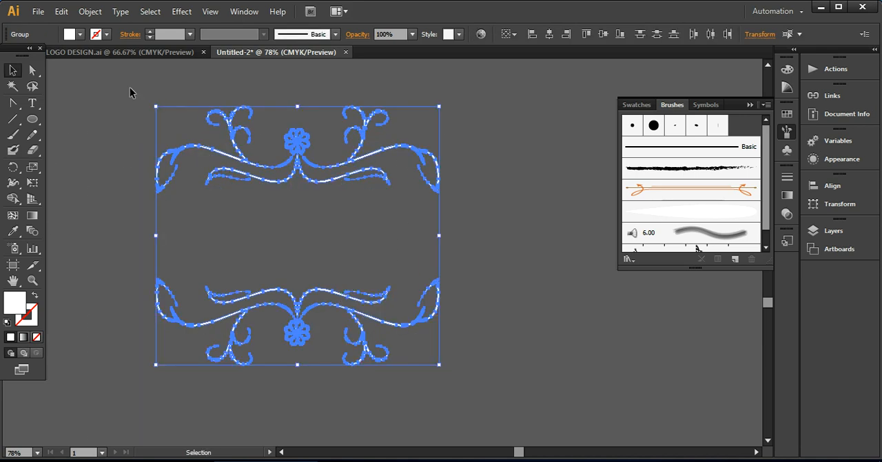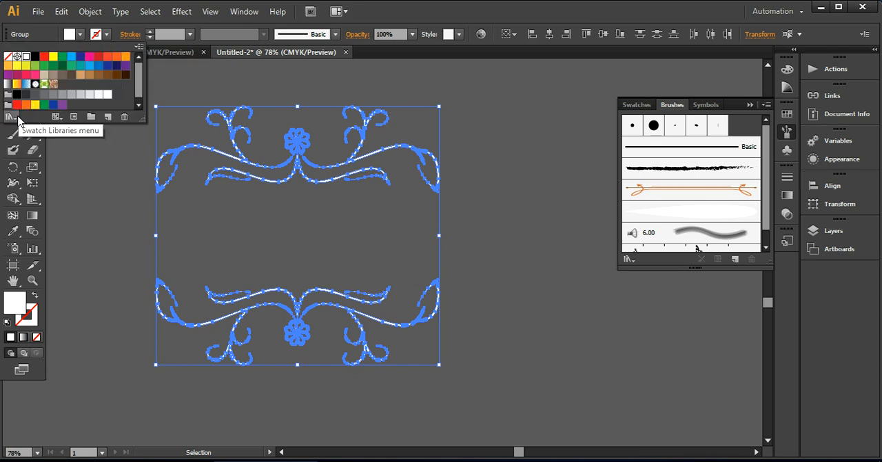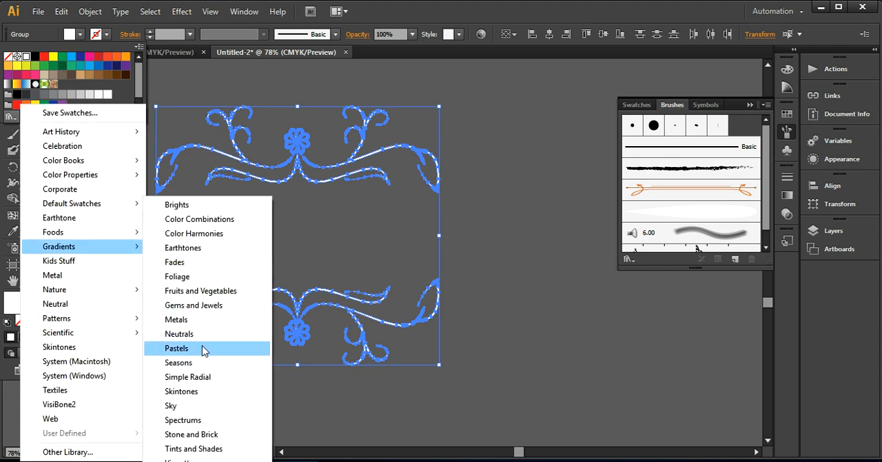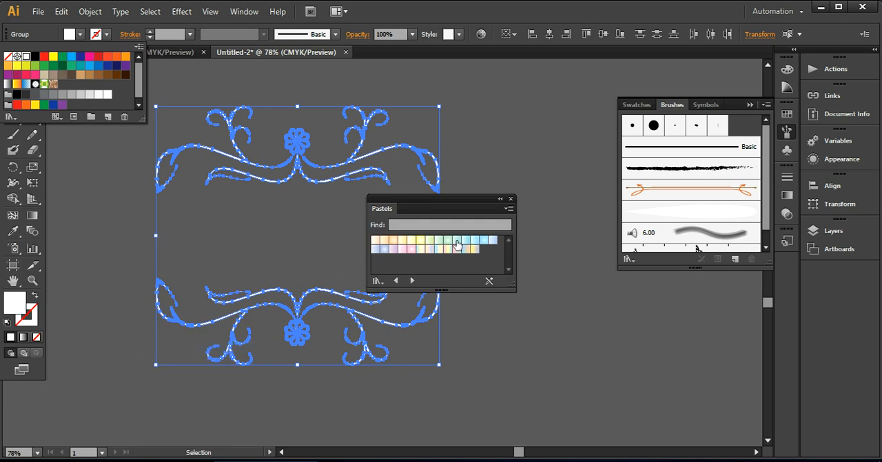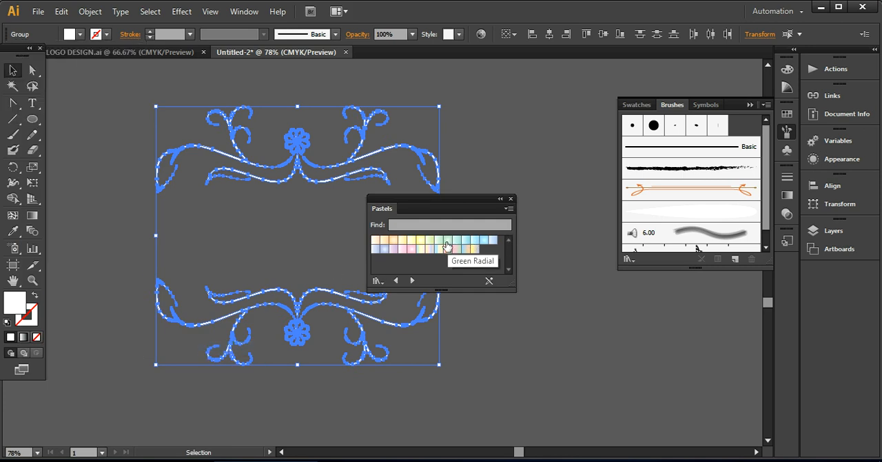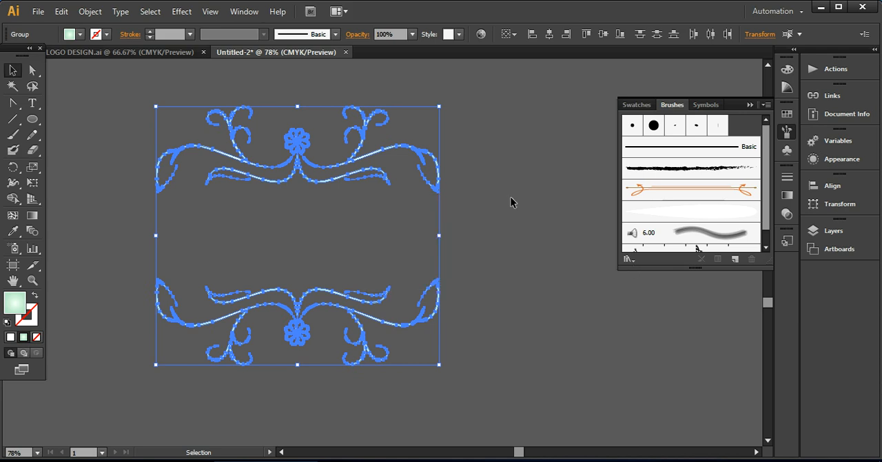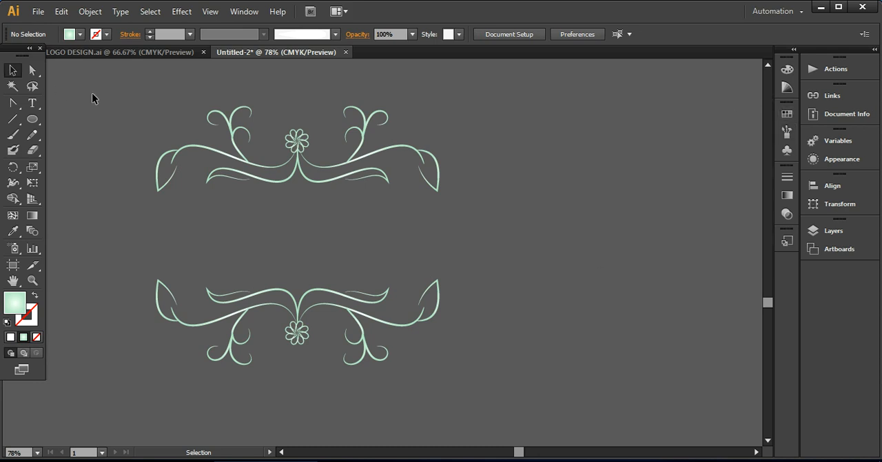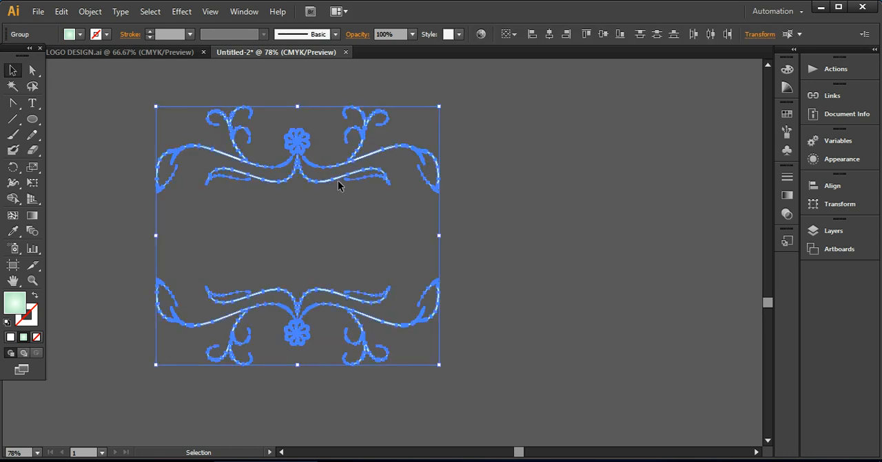And now what I'm going to do, I'm simply giving it a color. So you can go into your swatch library from here, gradients. Here you can choose the pastels. I want to use this color from here, and click on it, and it will look like this. Now the next thing that I'm going to do, I want to keep it in the middle